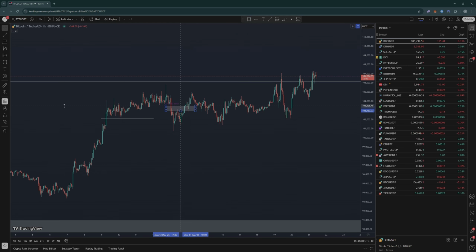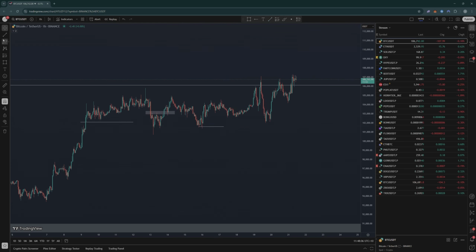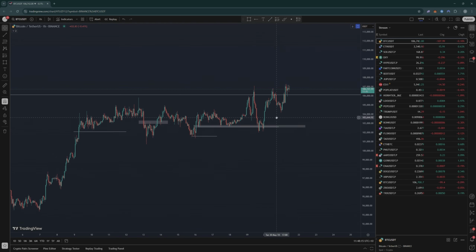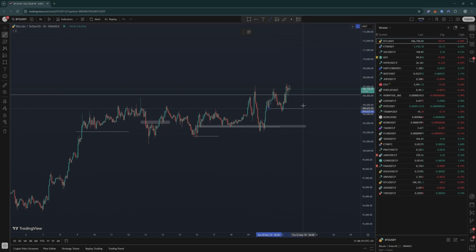Gonna work. Breaking structure right here, and getting the same thing again. We retest the accumulation, and then we get another break right here. And then we take out all of these equal lows as well, and then we get another break. Okay, and you can see price is still accumulating at resistance.